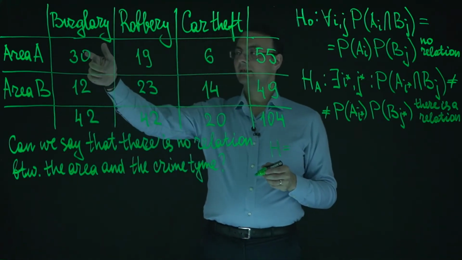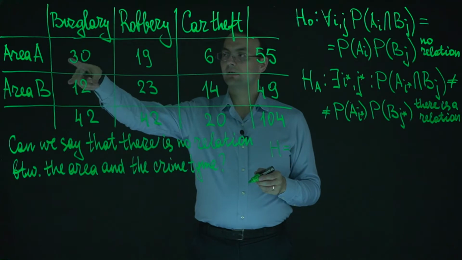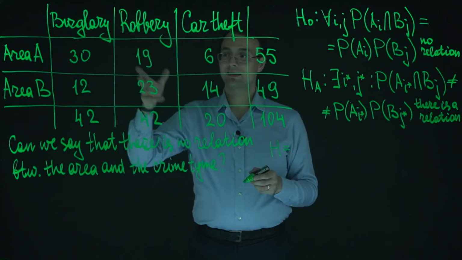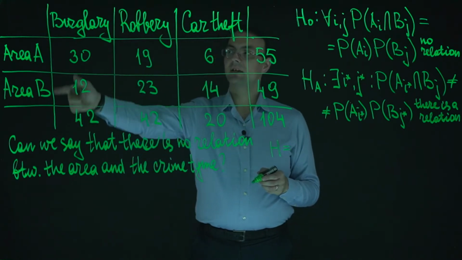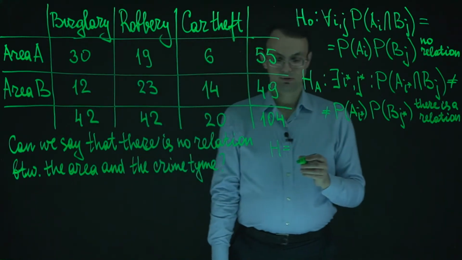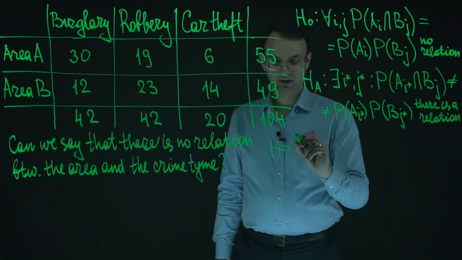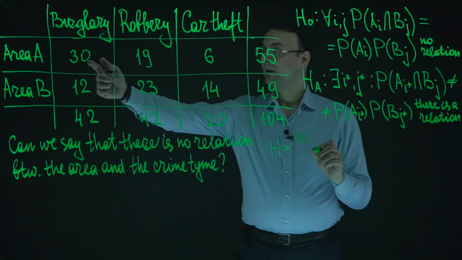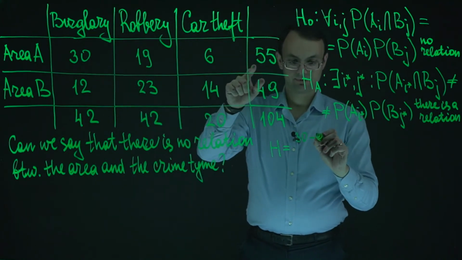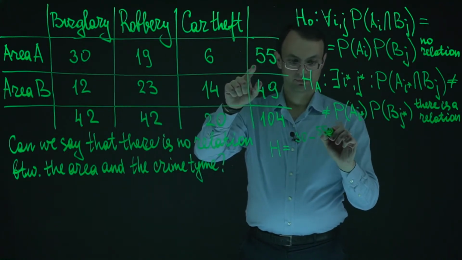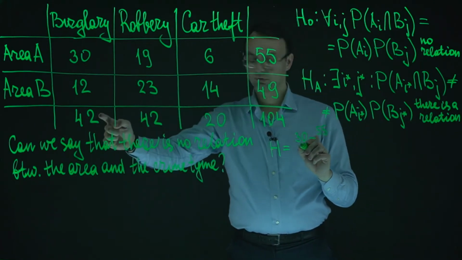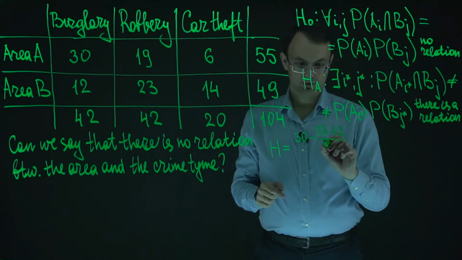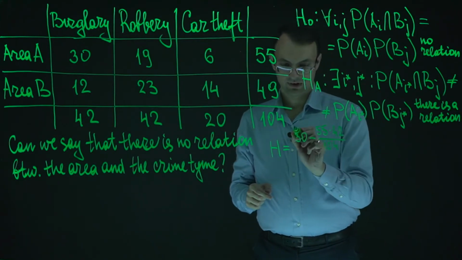We have 2 areas and 3 types of crimes, so we have 2 times 3, 6 cells in the inner part of this table. So the first element is 30 minus 55 times 42 divided by 104, squared